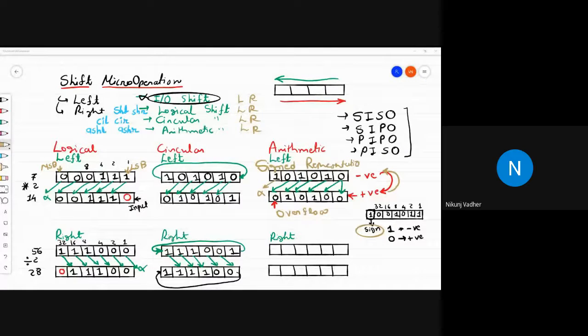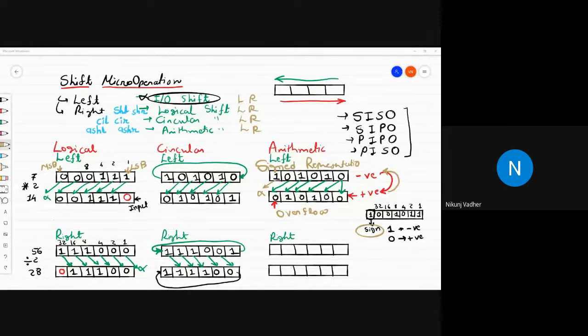Yes, sir, even this won't work every time if there are an odd number of ones in logical left and logical right shift. So it is just an observation. Sometimes we may get a number even larger than double the current number. It was just a simple observation, not specific that every time it will be multiplied by 2 and every time divided by 2. Got it? Yes, sir, got it.